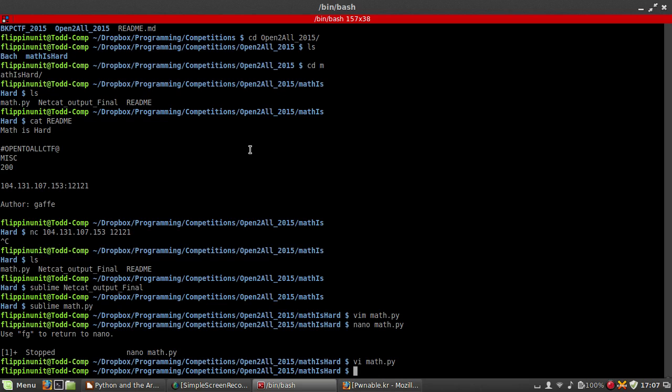On Windows, people use something like Notepad. You can use Word if you want, but it might be a little annoying. I wouldn't use Word. Don't use Word, because you know, if you're messing with code,